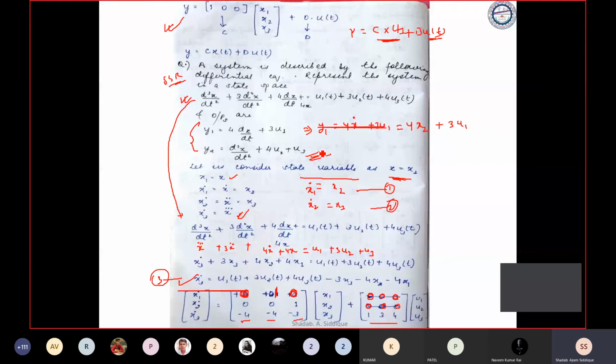Okay, what about y2? Y2 we can see is simply